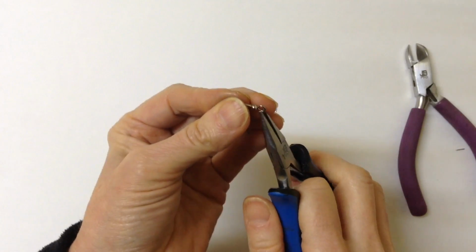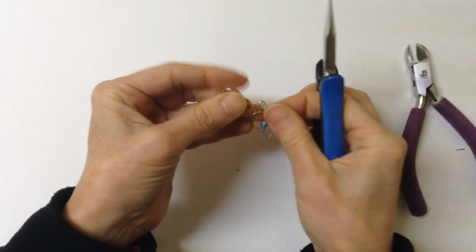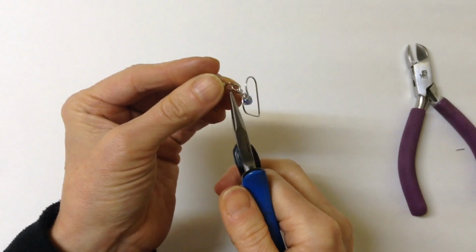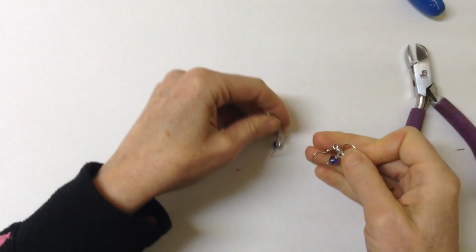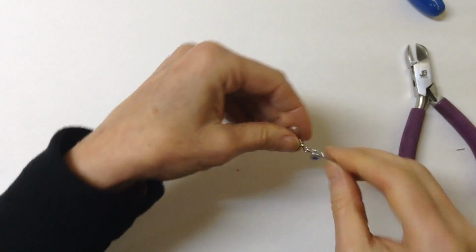and at that point you can just get a hook, open it up, stick the hook on, and there is your first pair of